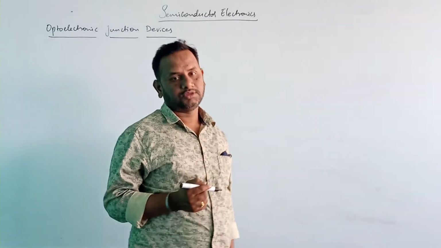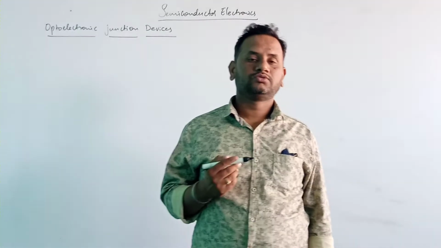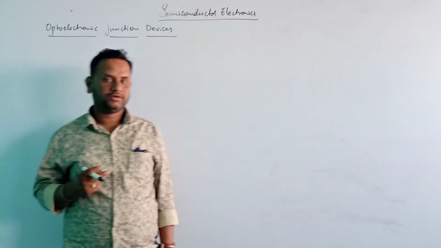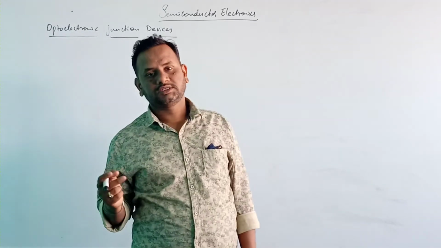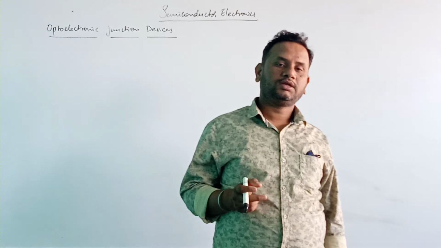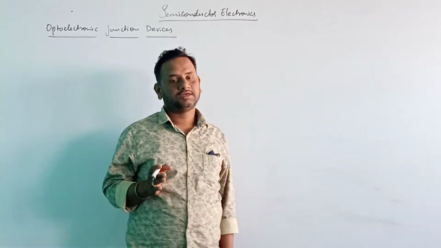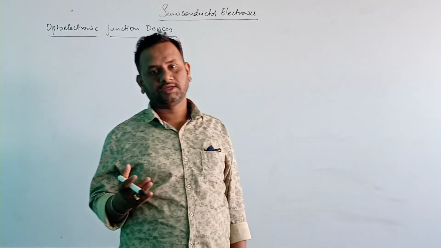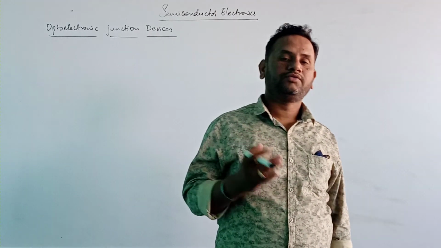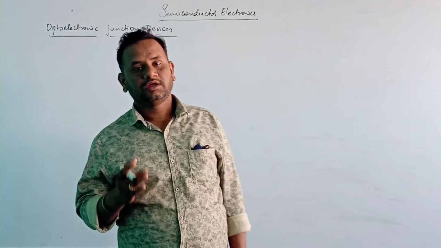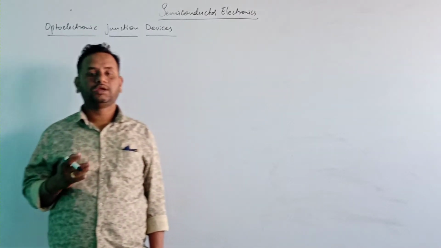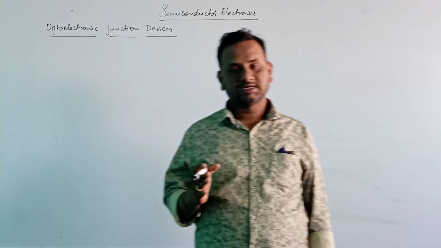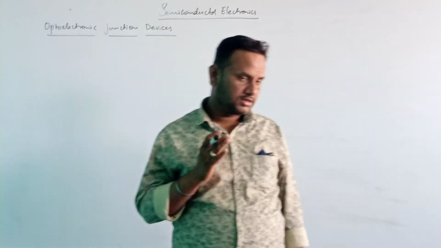In the previous class, we discussed the rectifier topic, in which we have two types of rectifier. One is called the half-wave rectifier, the other is called the full-wave rectifier. Rectifiers are devices which convert AC to DC. And here, a half-wave rectifier is nothing but what? A rectifier which converts only one half cycle of the AC input into pulsating DC is called the half-wave